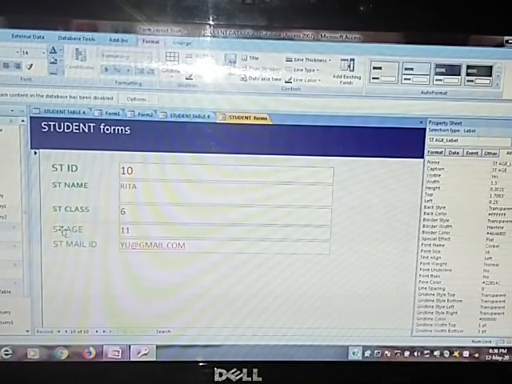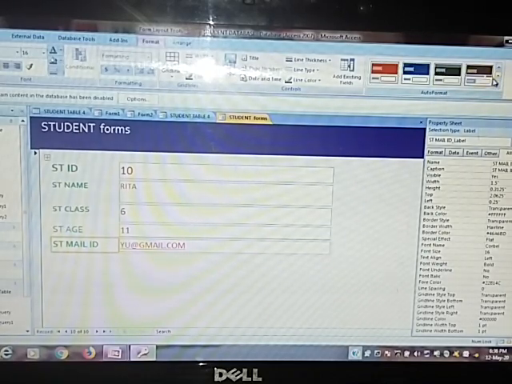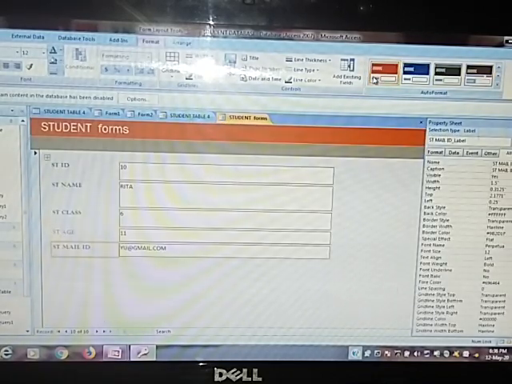So that is the use of layout view. That means you can change the appearance of your forms. You can even change the format of your forms. If you want a new format, then use the appearance options of the forms also, like this. So that is the layout view.